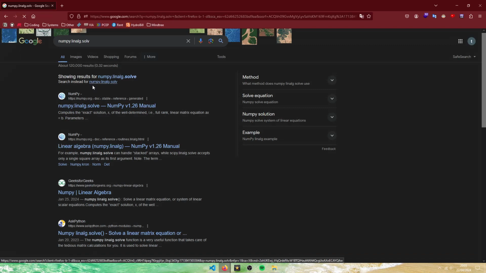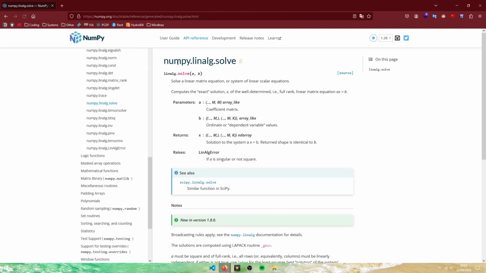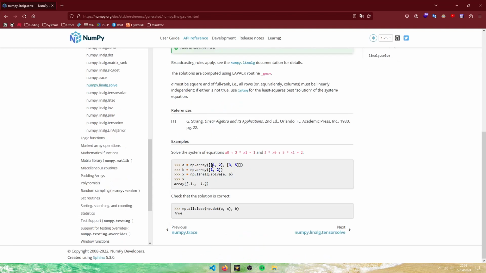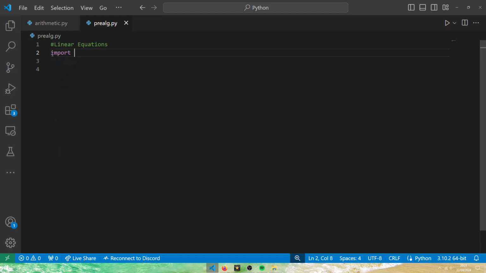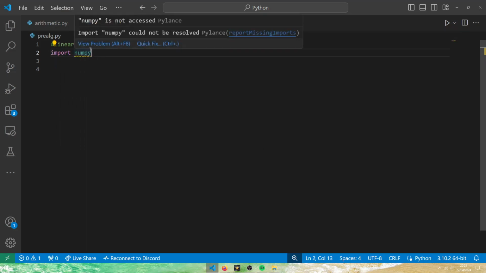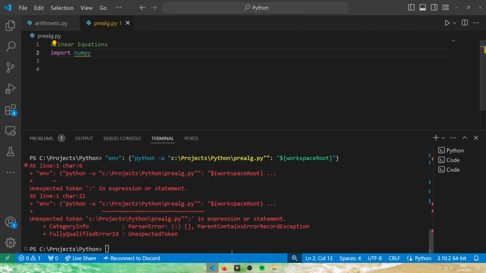For linear equations, we're going to be using the NumPy library. And from that, we're going to be using numpy.linalg.solve. And here it's giving you examples of the usage. So I'm going to come back in my file and do import numpy. And as you can see, this is not accessible. And that's because we should do